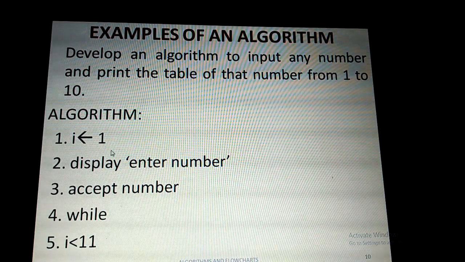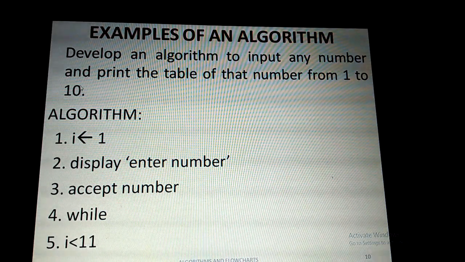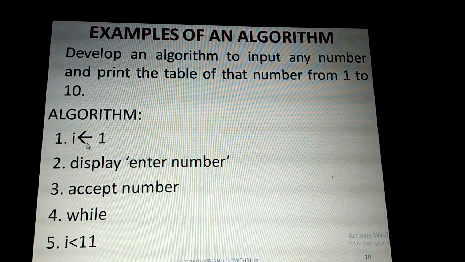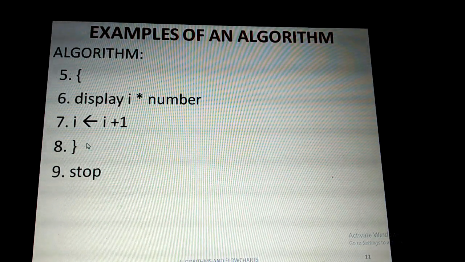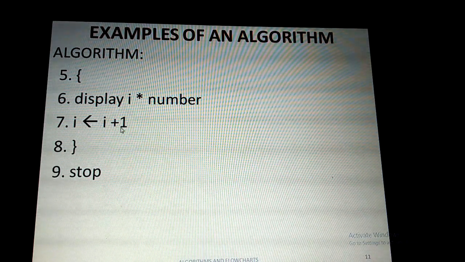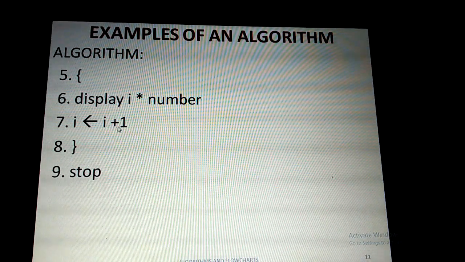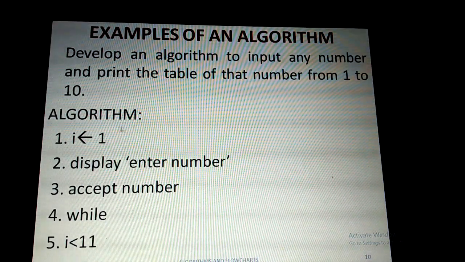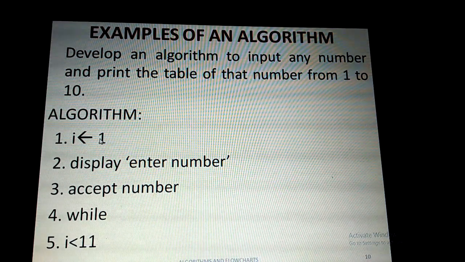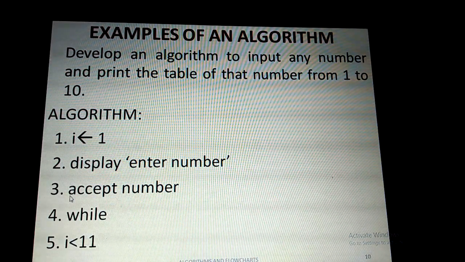When I is 1, I will not have reached the value 10. But when it goes to the second step, I will become 2. So we need to use a counter to increment the value, so I is equal to I plus 1 needs to be used. That is the increment of this variable in order to go to the next step. If you want to get 2 star 5 is equal to 10, we need to increment the value of I. That will be used at the last.